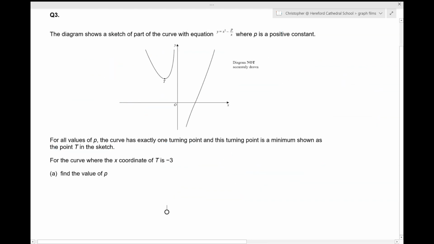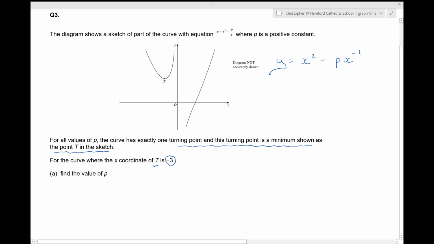Right, question 3. We've got a diagram with a sketch of part of the curve with this equation, y equals x squared minus p over x. I'm going to write that as p multiplied by x to the power of minus 1, where p is a constant. For all the values of p, the curve has exactly one turning point, and there it is, look. And this turning point is the minimum, shown as the point t. For the curve where the x-coordinate of t, the x-coordinate of the minimum, is minus 3, find the value of